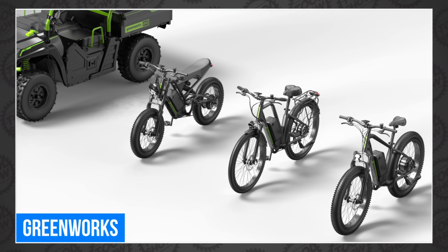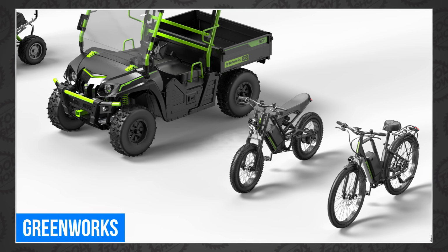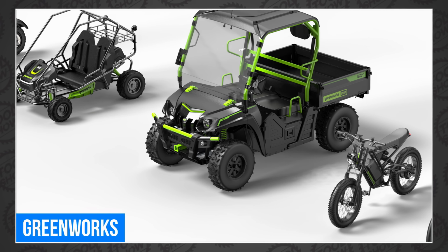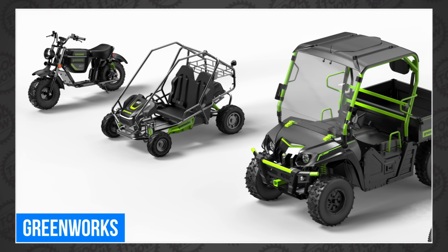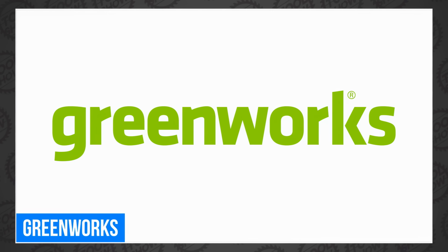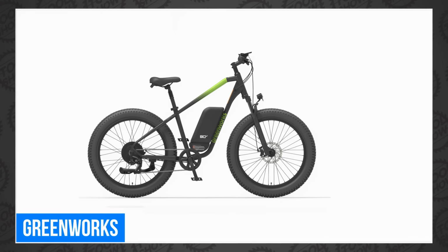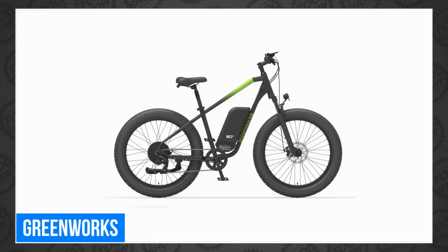The president of Greenworks was quoted saying, "Our e-transportation product line is an exciting evolution for Greenworks. We've taken our best-in-class battery technology and created a line of sustainable adventure products the whole family can enjoy together. We want to encourage customers to go green, get active, and feel good doing it." So it sounds like this isn't some pet project, but a calculated move into a totally new, if not adjacent,